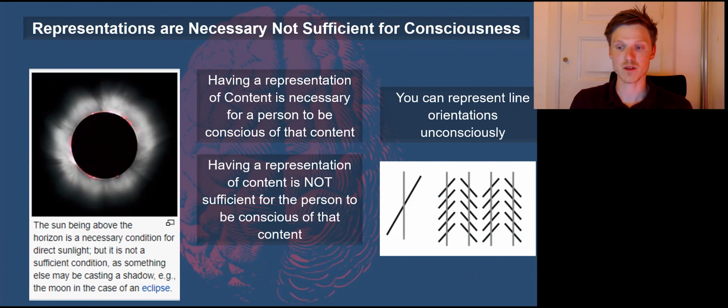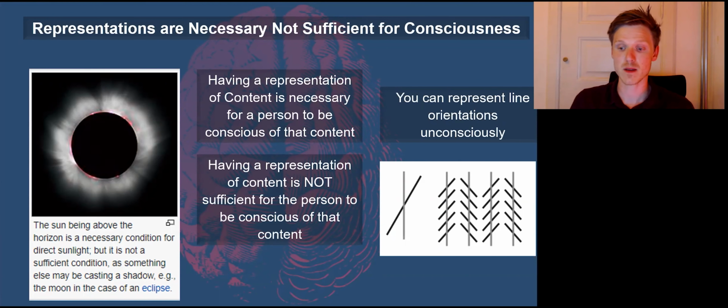So an example of these necessity and sufficiency conditions, which are very important in science, is the sun, for example. When it shines, that's a necessary condition in order for there to be sunlight on the Earth. But if, for example, the moon was blocking the sun, then you wouldn't get any sunlight. So the sun is necessary in order for there to be sunlight, but having the sun, if it is blocked by the moon, doesn't lead to sunlight. So it's not sufficient for there to be sunlight.